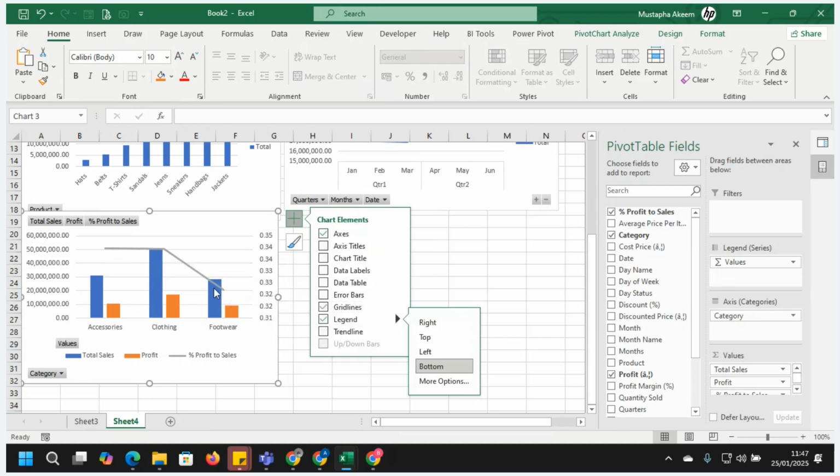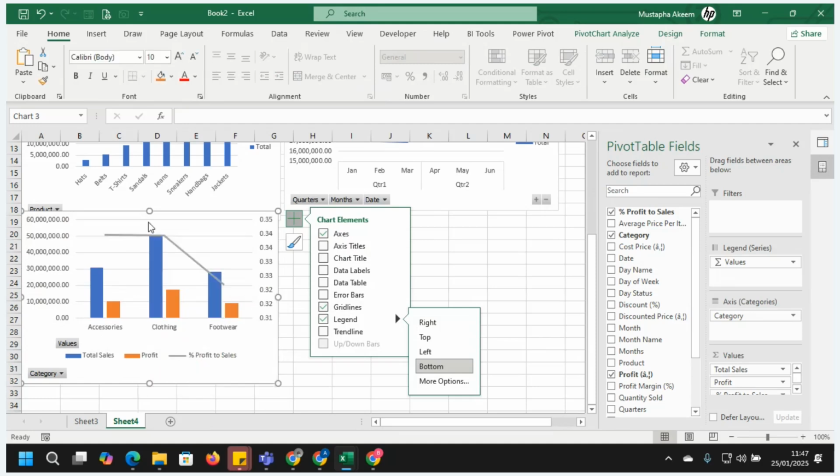But if we did not use the combo chart where we change the axis, the 0.5 cannot be compared to this. It's going to be just on a line, and you will not be able to understand what that is saying. So here we have total sales, profit, and this. I can choose to hide it.